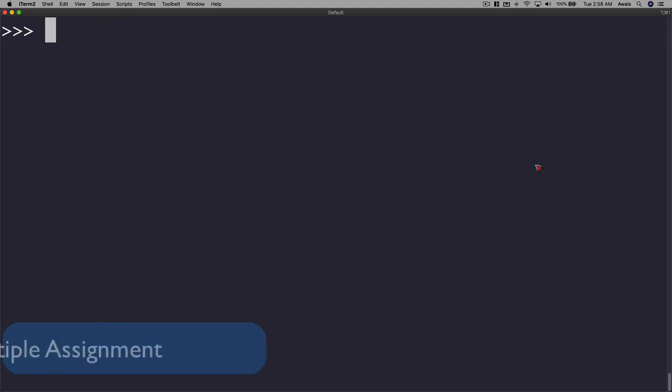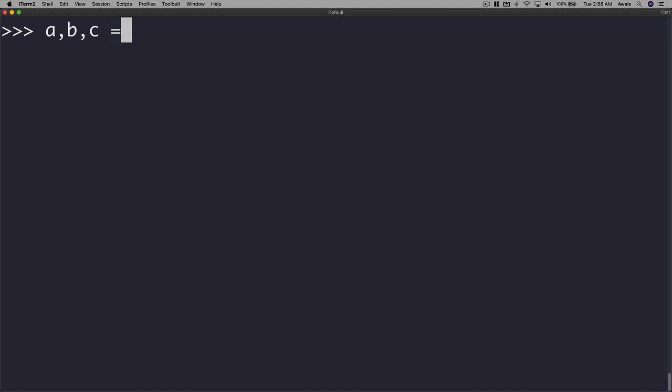Now the y is actually going to look for this memory location which has a value of 50 and it returns 50. Now let's talk about multiple assignment. In Python, you can also assign multiple variables in one statement. For example, if I have a, comma b, comma c, now we're creating 3 variables. If I use an assignment operator and I say 1, 2, 3, I press return, we actually created 3 variables,